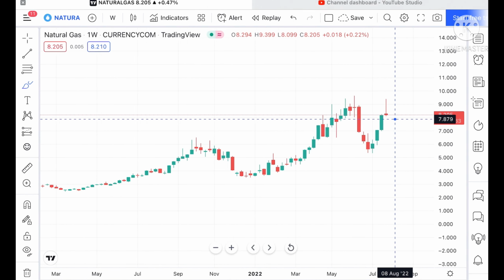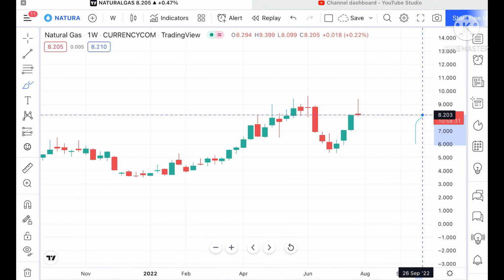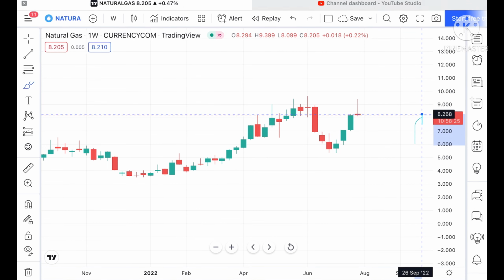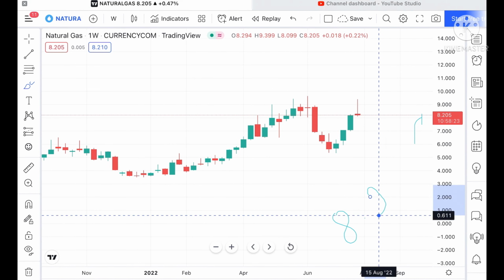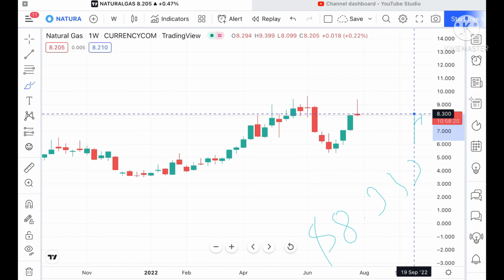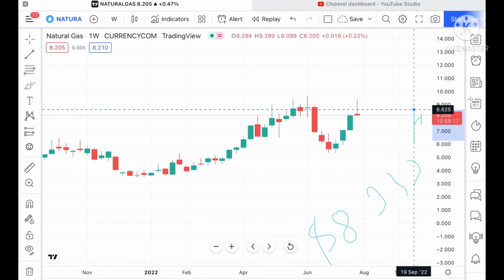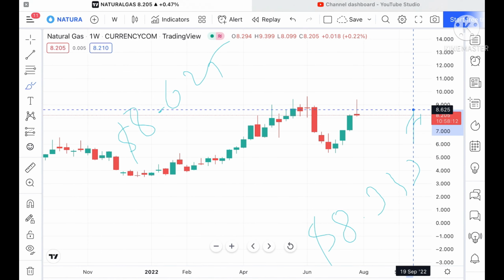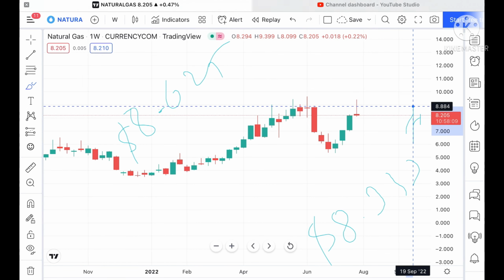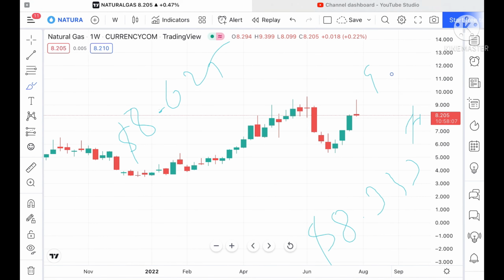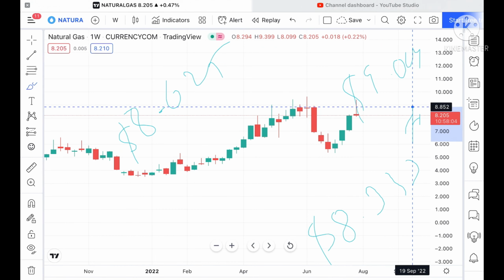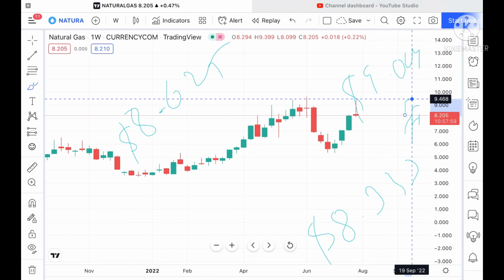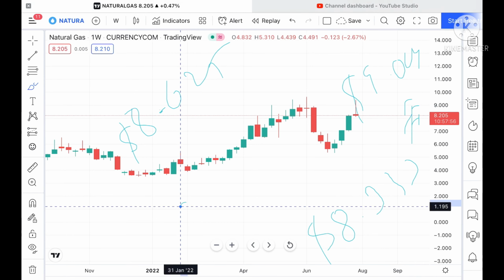See, suppose this particular level sustains, we can see, because a strong support is coming at around $8.2, it can go further high towards a level of $8.333. Once this level sustains upside, it can go further high towards $8.625. Once the price sustains above that level, it can touch $9.014. If the price sustains above that level, it can go further high, because $9.04 is a weak resistance, so the probability is high. We can see it touch a level of